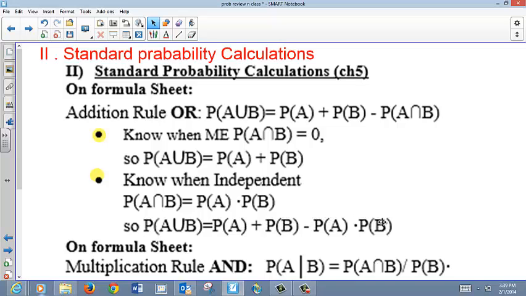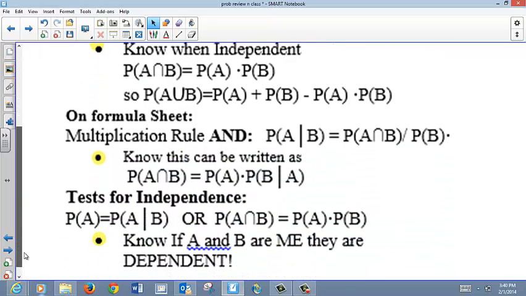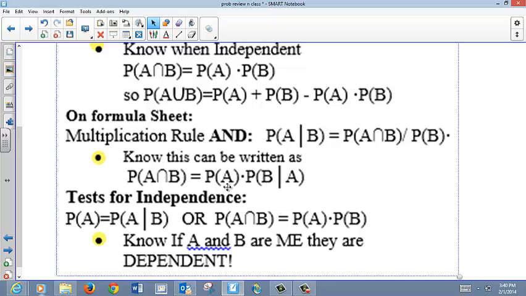If you understand those, then you don't have to memorize anything. You can just go to this formula on the formula sheet every time and just remember how to change it up for the different situations. The multiplication rule is really in the formula sheet as a conditional probability. The probability of A given B is the probability A and B divided by the condition on the denominator. So of course, if you turn this around, you'll have